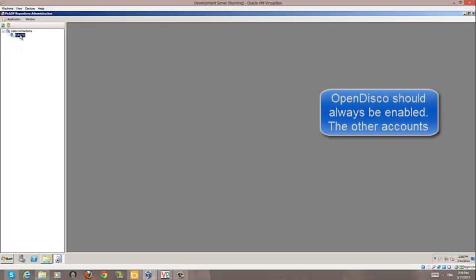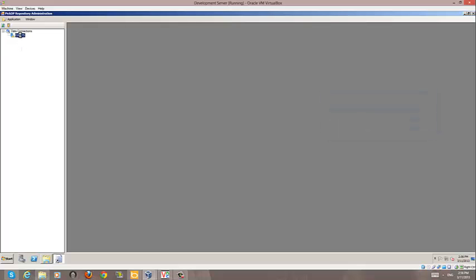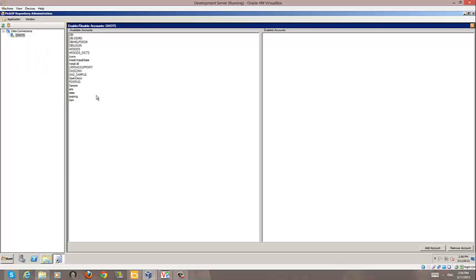start enabling accounts. So the first thing that we need to do is to enable a couple of accounts that are very important for this process. One is the Open Disco account. So we selected from the accounts, the account list. So we add it,